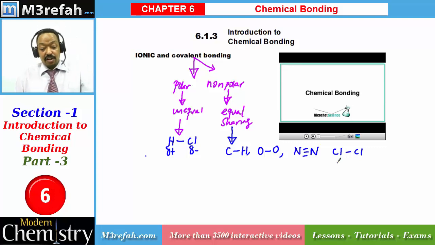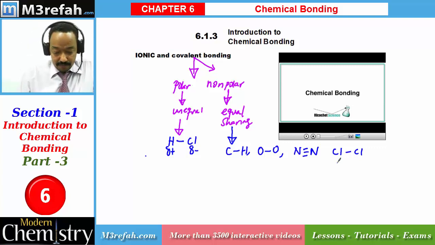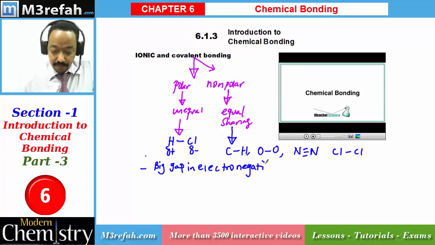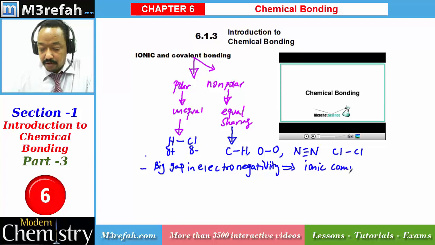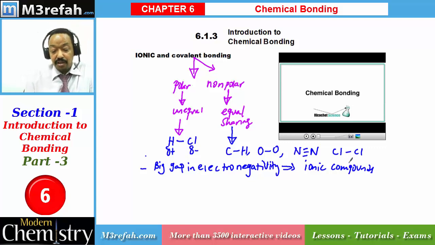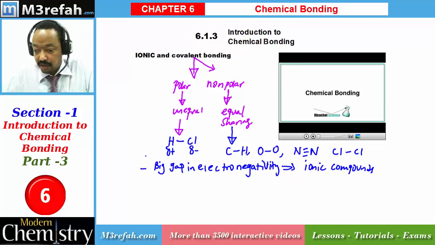If the electronegativity gap is extremely big, a big gap in electronegativity leads to forming ionic compounds. So most of the time this ionic compound takes place between metal and non-metal. So to make it easier,